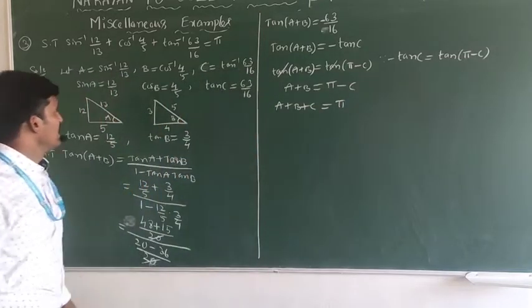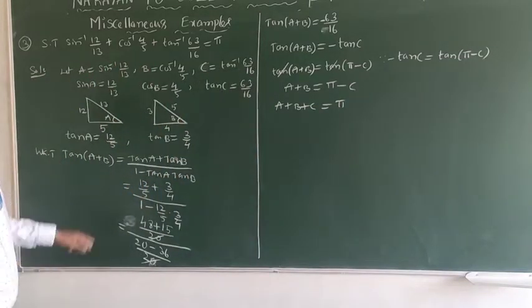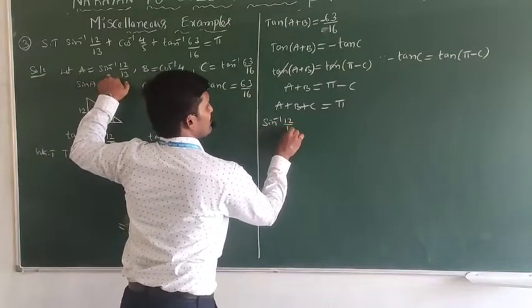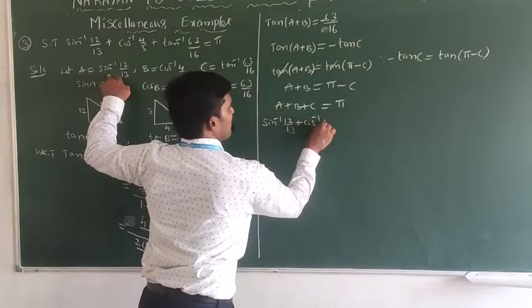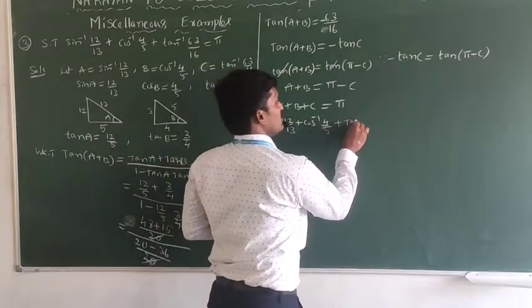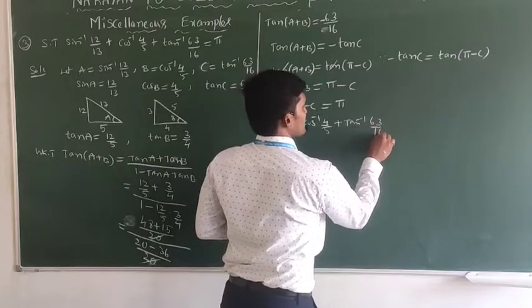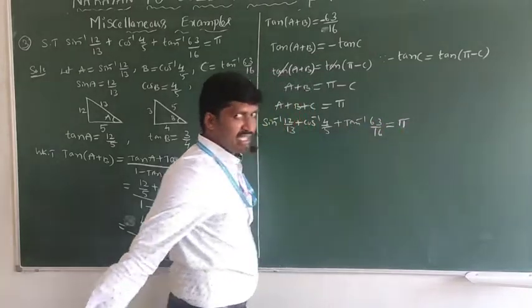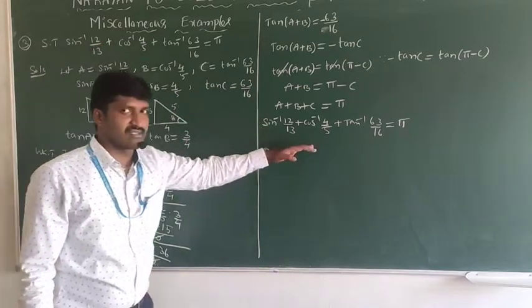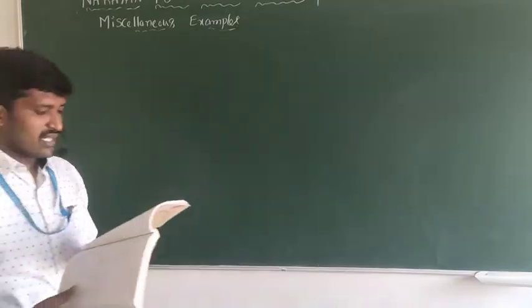Now what is A, B, C? Replace. What is A value? Sine inverse of 12 by 30. What is B value? Cos inverse of 4 by 5. What is C value? Tan inverse of 63 by 60, is equal to pi. That is what is required. We need to show this equation. We got it as this. So next one,